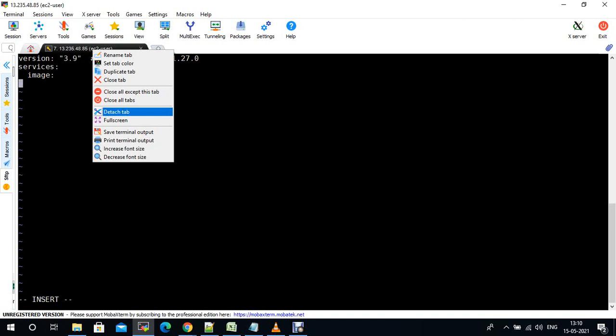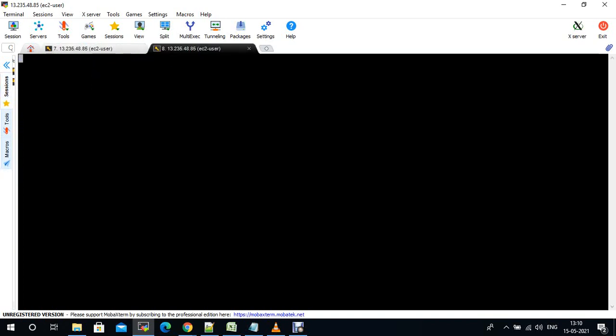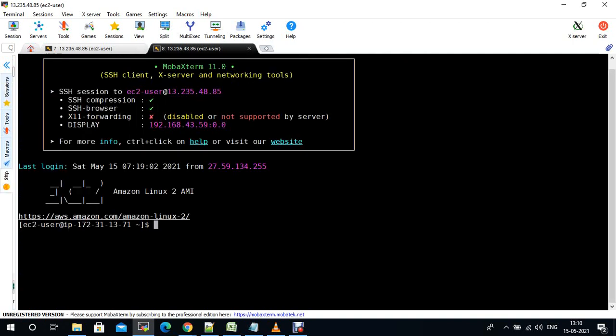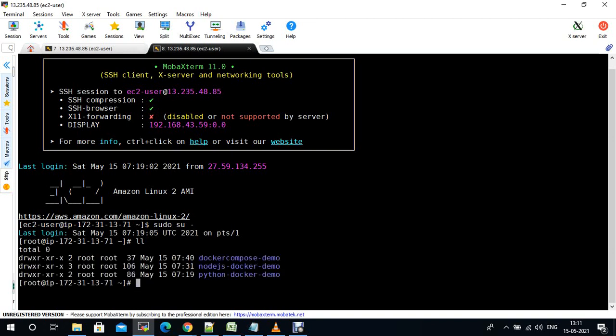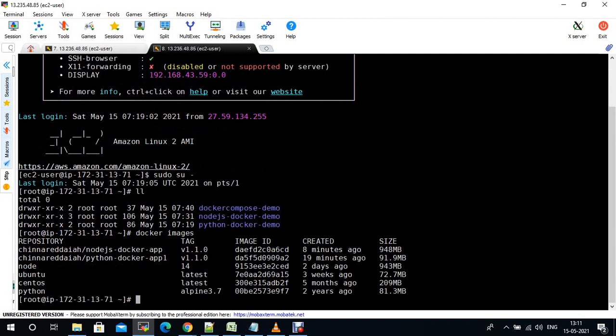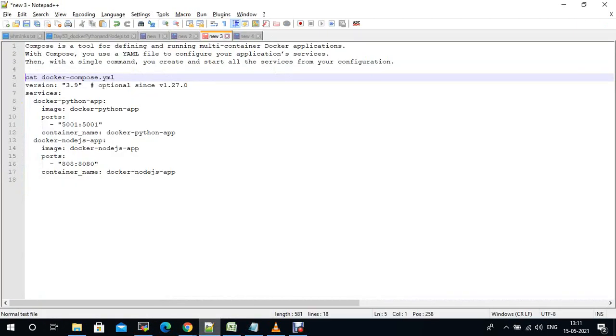Let me take a duplicate window. docker images. So under image, I just need to provide my image name. Okay, this is the services.